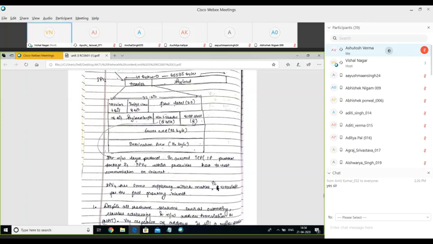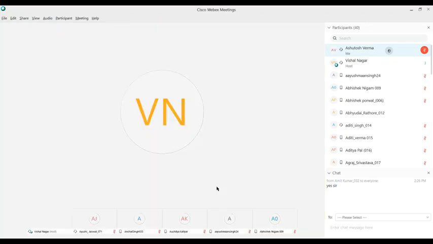Now next is the source address and destination address field. We define the source address as well as the destination address in these fields, and the size of these fields is 16 bytes. 16 bytes is the size of an IP address in the IPv6 version. So this is all about IPv6.